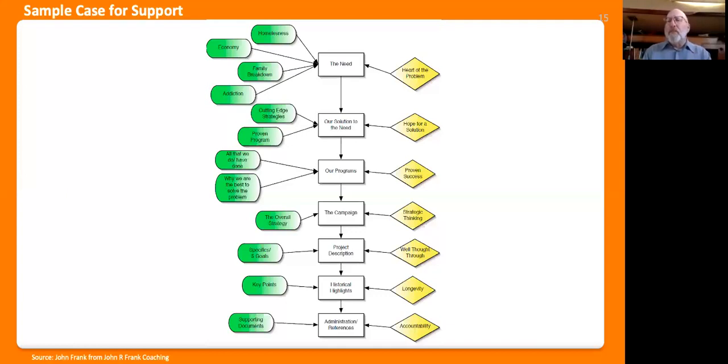And then the administration references is, do you belong to a group of rescue missions? Do you belong to a group of Christian schools? Do you belong to the Better Business Bureau? I list all those things that you are memberships of to show your stability and show your community mindedness.